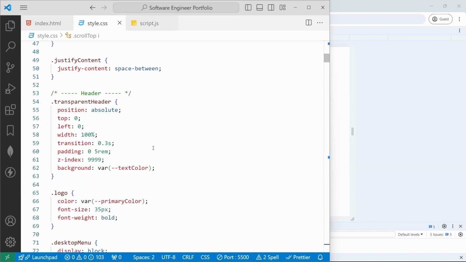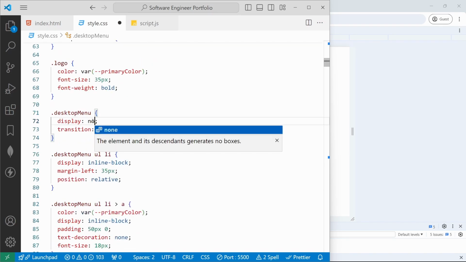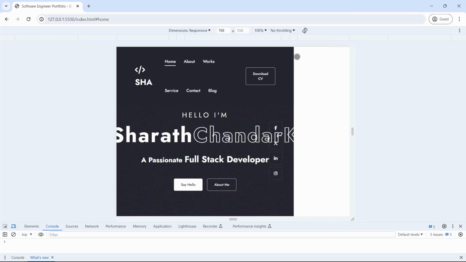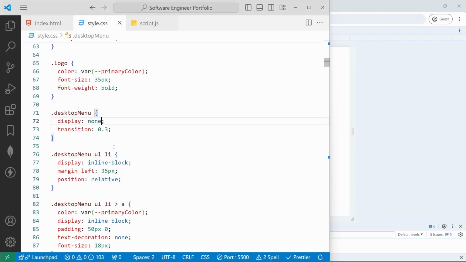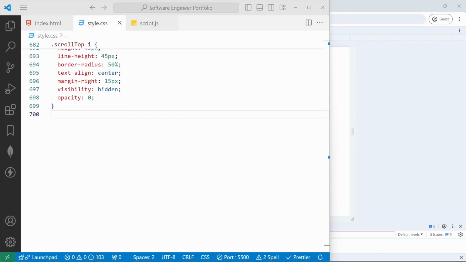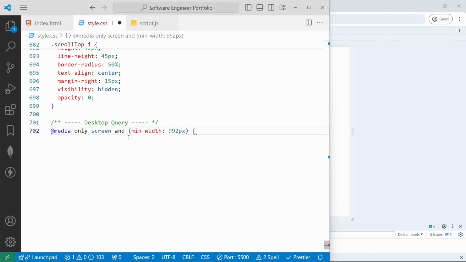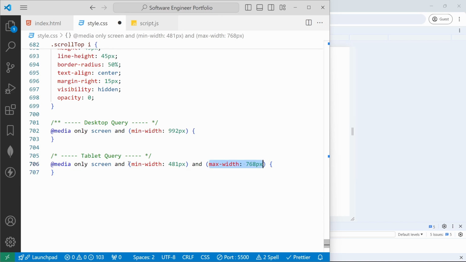Here first I will set the desktop menu to none. If I save, if I go to the browser, now we can't see the desktop menu here. In the end of the list, we need to add three media queries. The first media query is for desktop view, for desktop query of min-width 992. And then the second thing is tablet view, tablet query with screen size min-width 481px and then